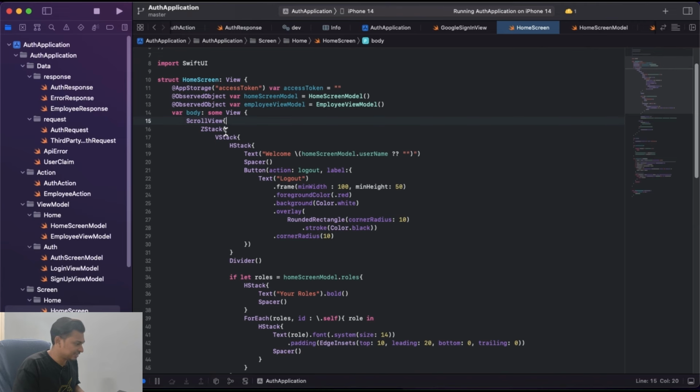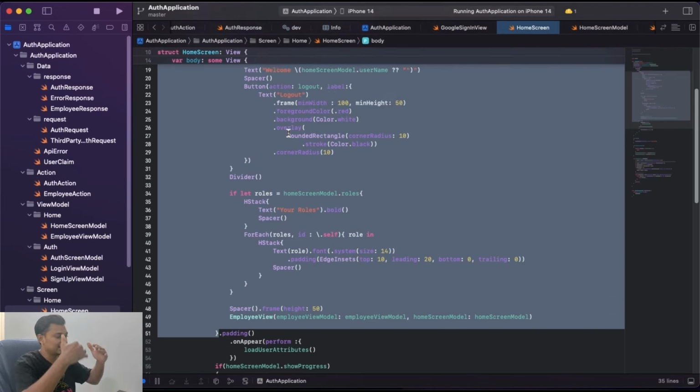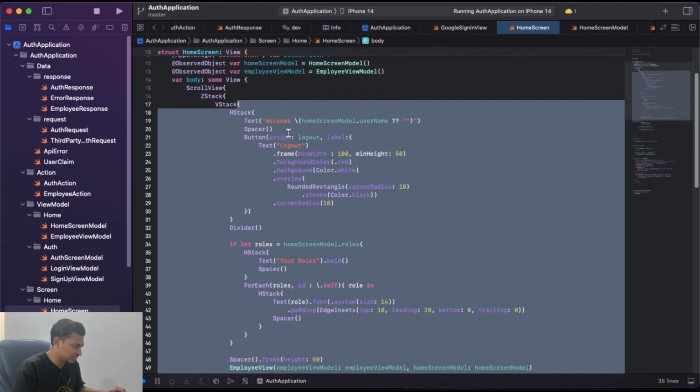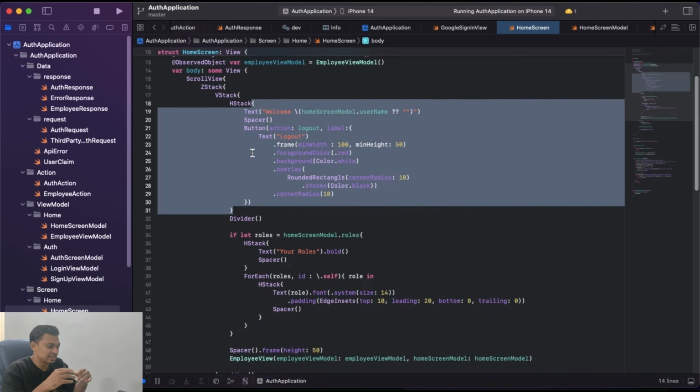Then the ZStack, because we need to show a progress on top of the main view, so a ZStack is introduced here. Then the VStack, so vertical stack, because all the contents are vertically aligned only, so we introduced the vertical stack. And now coming inside the vertical stack, first what we have, a horizontal stack, because if you see the username,